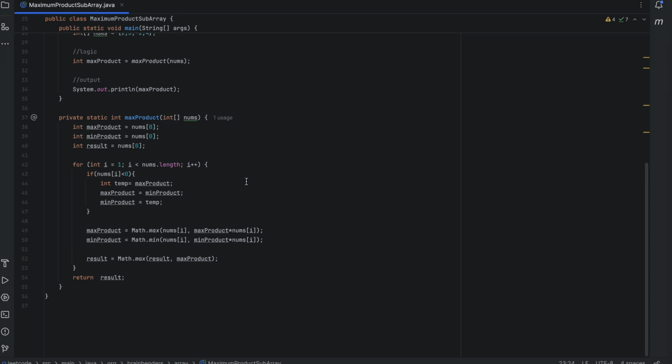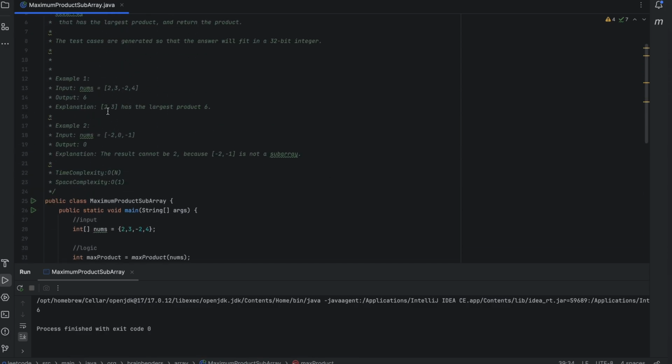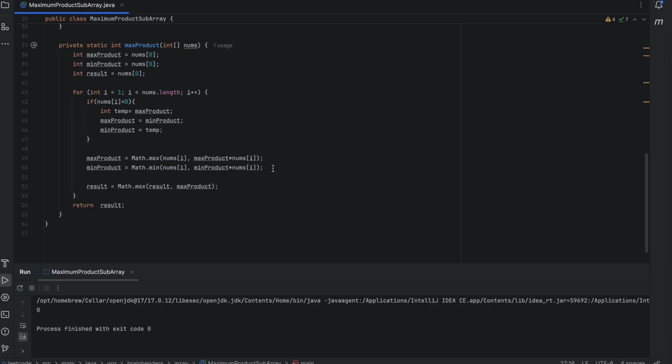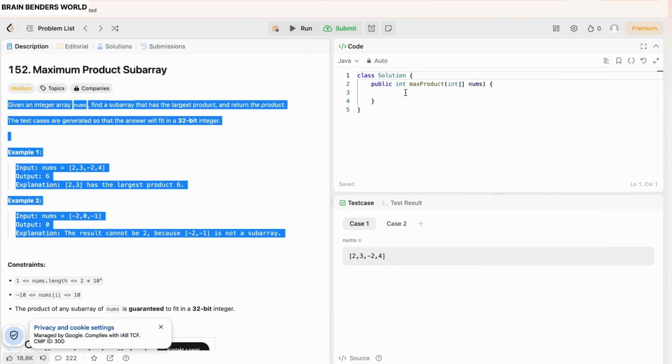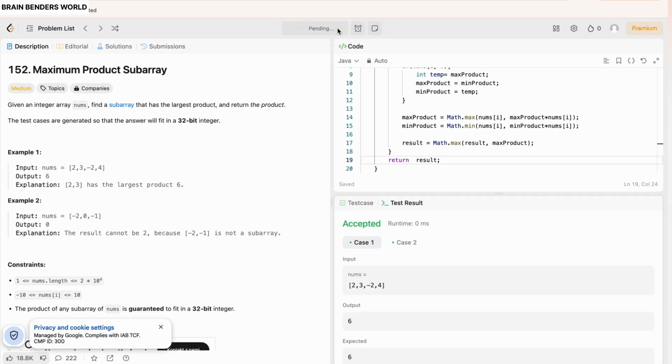Yeah, that's pretty much all. I can run this and check the solution. This is giving me 6. What is the expectation? Yes, it is right. Let me copy the other part and run this. 0. Is it 0? Yes, 0 is expected. And now I copy this and paste the solution, run it. Okay, this is accepted. I submit the solution,